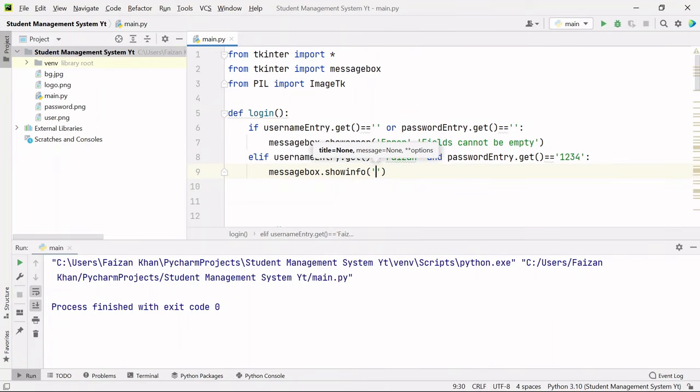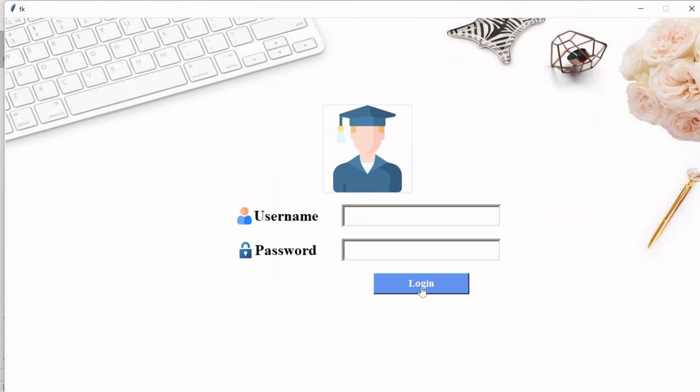Here again we need to pass the title, so I'll pass the title as success, and I'll mention welcome. That's it. Now if I run it, and I don't enter anything and click on login, you see fields cannot be empty. If I enter the username as Faizan but the password as something random, this is incorrect, this is correct, so still nothing is happening. But if I enter the correct username and correct password,